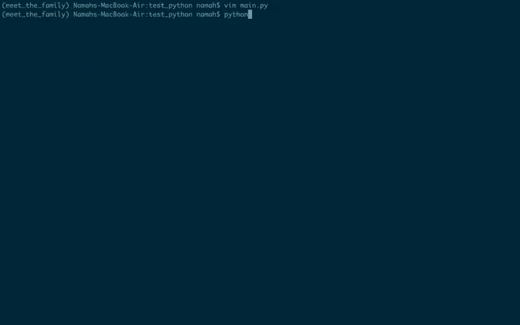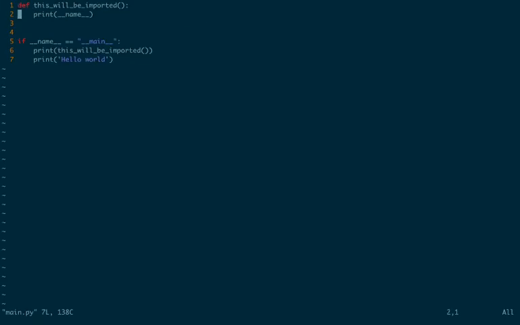So python main.py, and you see it first printed __main__ and then None. Why is there a None there? Alright, because the function returns None, sorry about that.